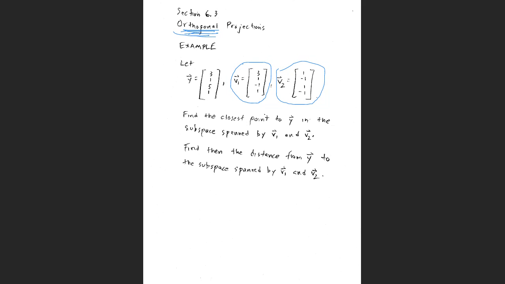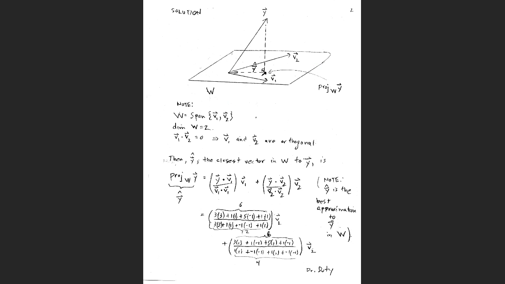That's right. And so in my little picture here, I've just drawn two vectors, V1 and V2. They live in space W. W is the span of V1 and V2. The dimension of W is 2. It's a two-dimensional subspace of R4. And this vector Y also lives in R4, but it doesn't